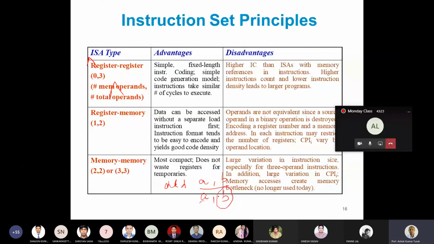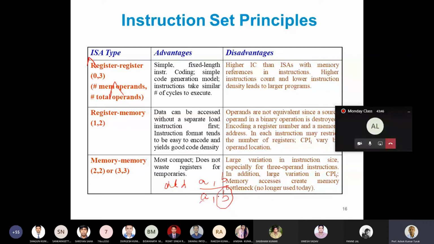If you look at register and memory architectures, they are at two extremes. In one, all instructions are of fixed size, and in the memory architecture you can have instructions of different lengths.